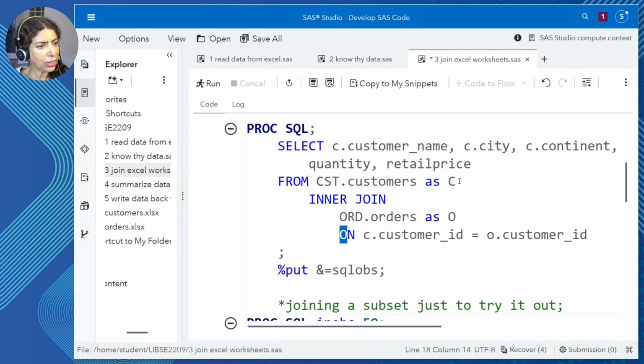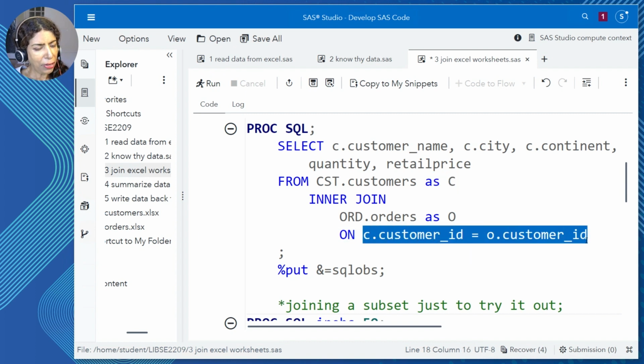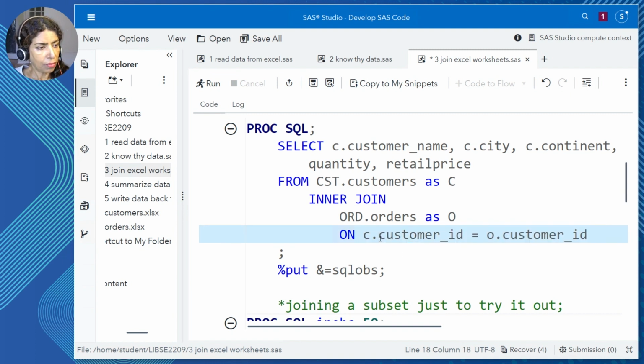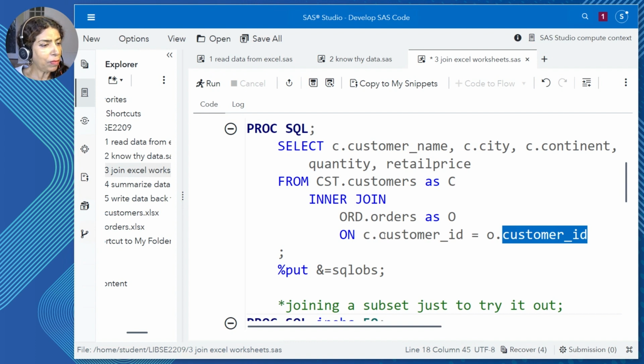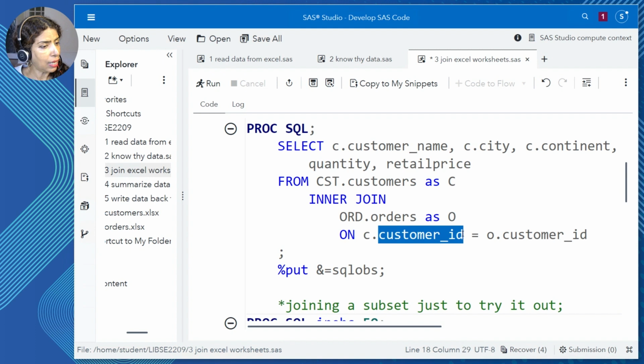So let's go back to that comment about the alias. That alias becomes super duper important here because we are asking for matching rows on customer ID. Now, SQL has no problem that the same column name is in both tables, but it does say, please tell me which customer ID this is, meaning which table it's coming from.